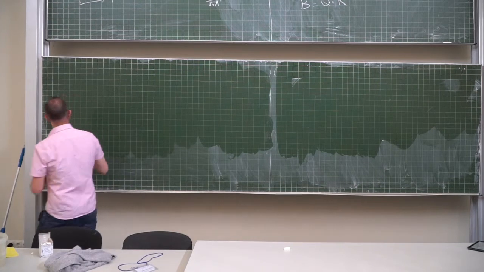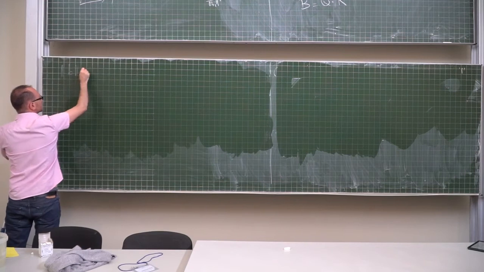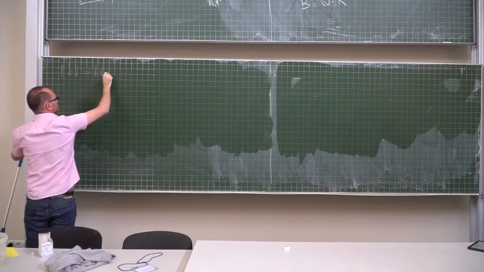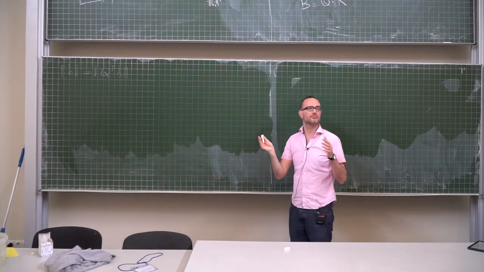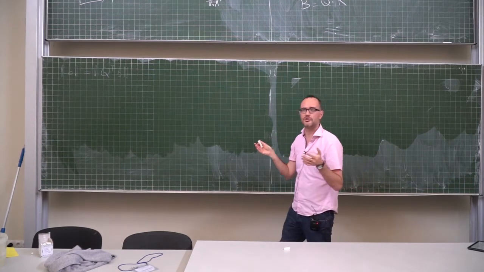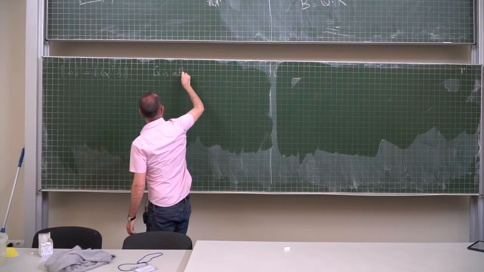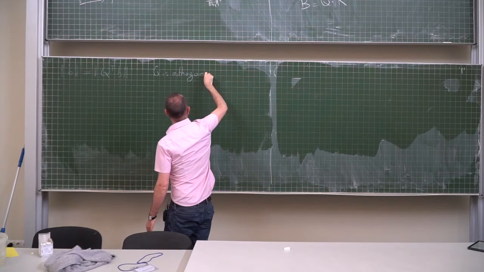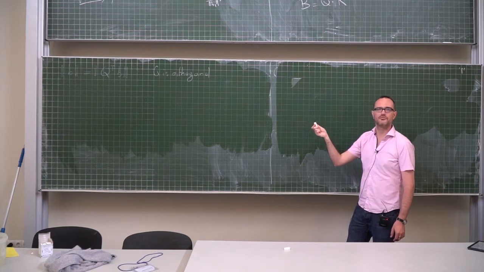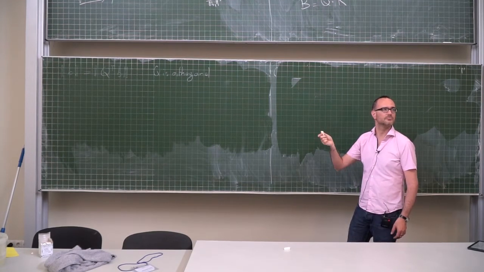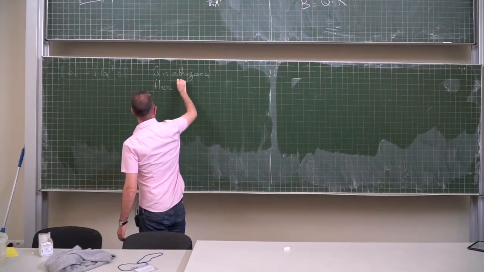Okay, so in particular, an important property is that the norm of a vector B is the norm of QTB, because Q is just a rotation. So if you rotate a vector, the norm is preserved, the Euclidean norm. And here the Euclidean norm is super important. This type of property you have only for the Euclidean norm. Otherwise, it just doesn't work. So here, the L2 norm is important.